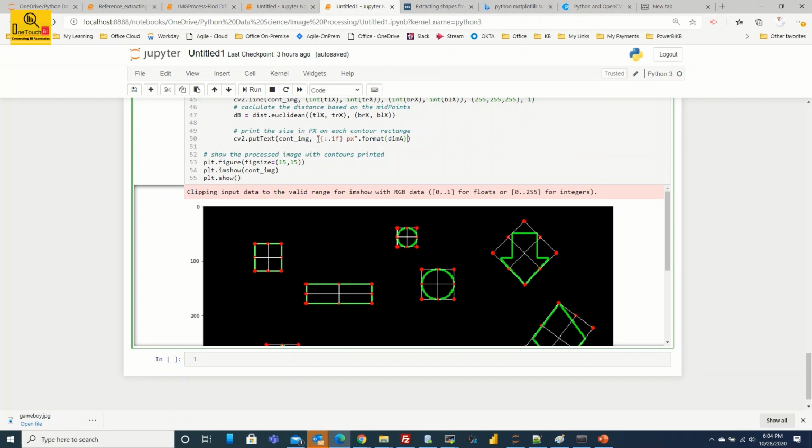And the second parameter is the calculated distance with a custom format. I'm going to keep .1 decimal point, that is .1f, and I'm going to suffix px because it's in pixel format, and I'm going to substitute the value dA, the one which I calculated. So I'm passing that value, and where I'm going to print this label